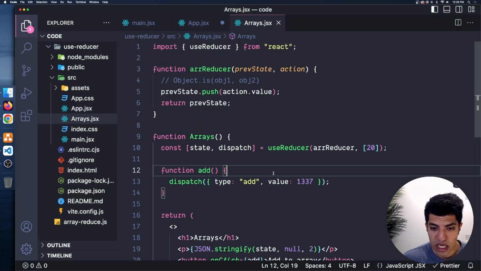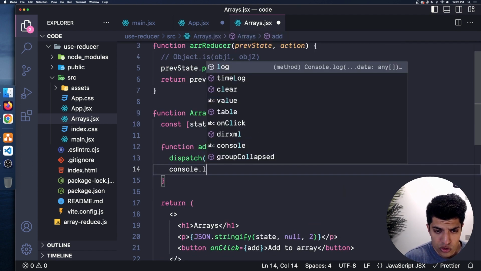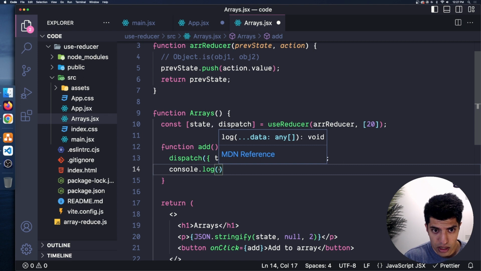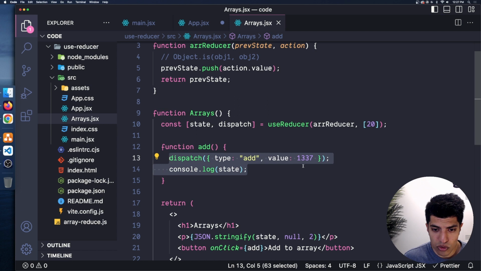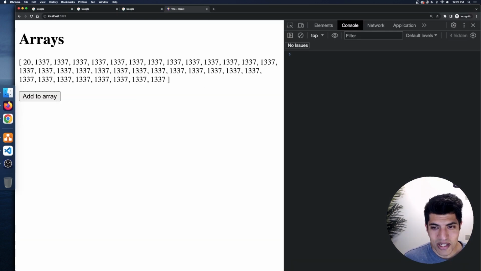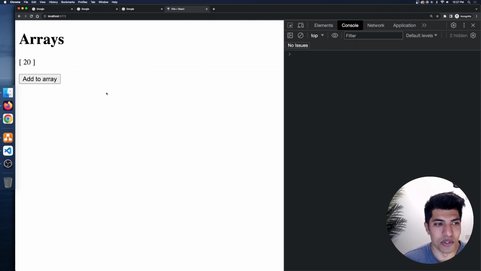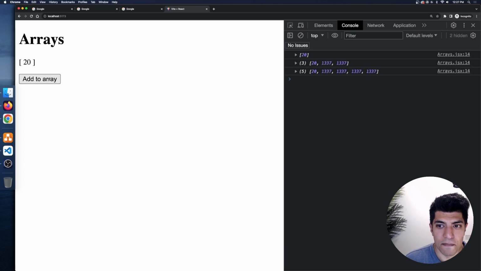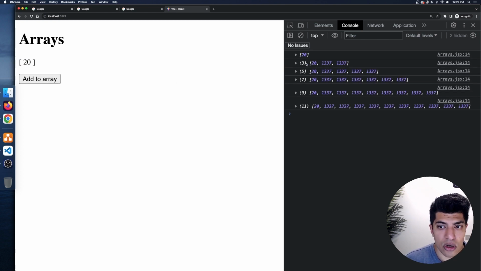And if you don't believe that 1337 is actually going in there, I'll console.log out my state here. This is going to be asynchronous as dispatch, so we're not actually going to see it right away, just like our setState calls. But you see that all those got added after I refresh the page, which is exactly what we'd expect, which is the issue here. If I click on add to array, what we'll see is that these are being added to the array, but the DOM is not re-rendering,